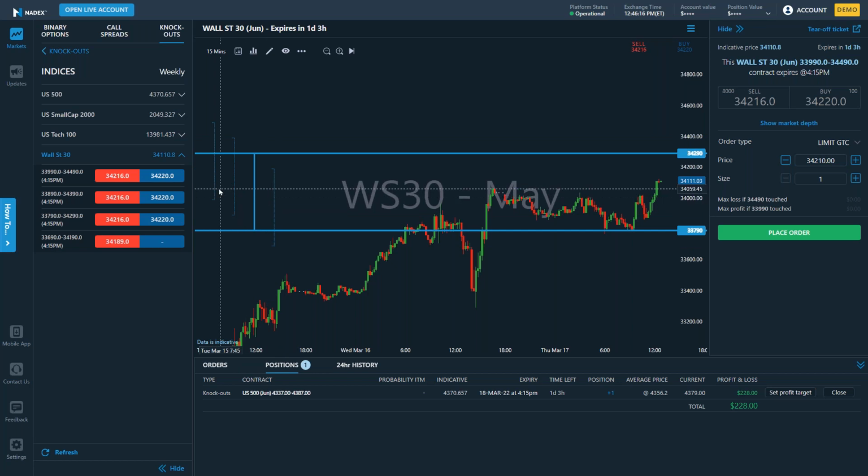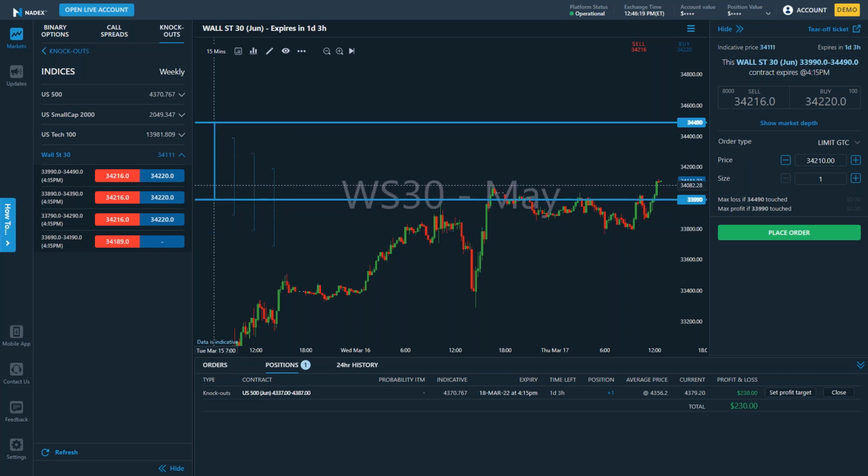Now, if I wanted to take a long position, I would probably choose what I call knockout number 1, the one that's got the lowest floor. And you can see we've got very clear floor and ceiling levels. And if I were going to buy this knockout, here it is, 34,205. It's just weird for me to look at the prices, because the Dow is but